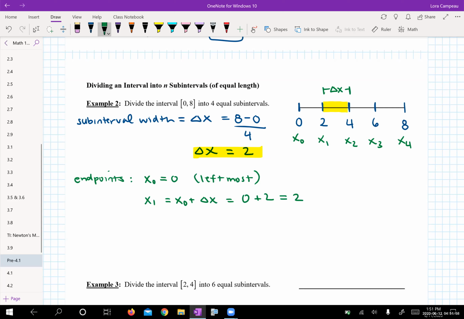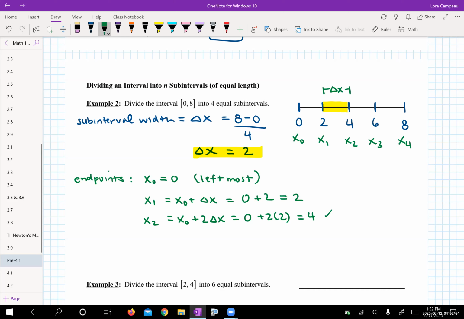And you could kind of say, oh yeah, we already marked it. Just so that you see the pattern, if you want to look at x sub 2, and you want to relate it back to the leftmost endpoint, again, you can start off with x sub 0, but kind of keep in mind how many delta x's will you be adding on. There's 2 subintervals, so that's where we're getting the 2 times delta x. And so then you could kind of see, oh yeah, that's the same thing as 0 plus 2 times 2. And that's where we're getting the 4 for our